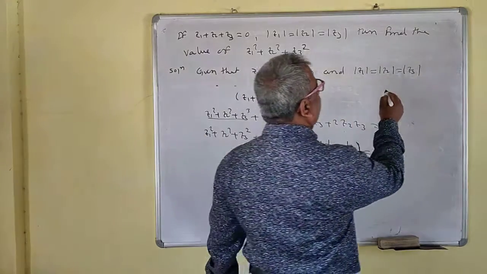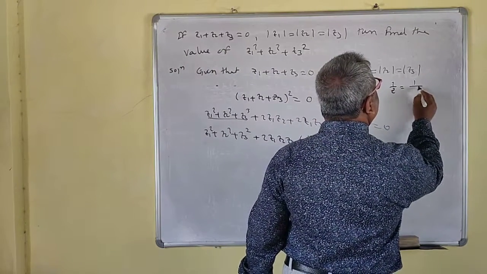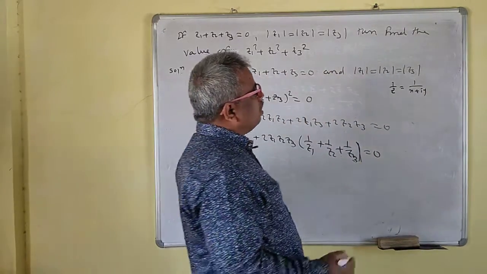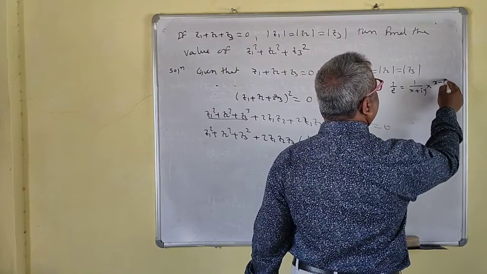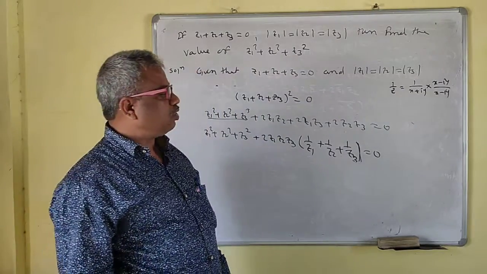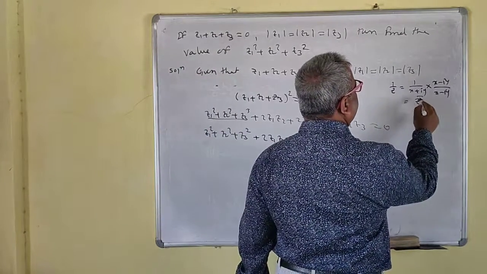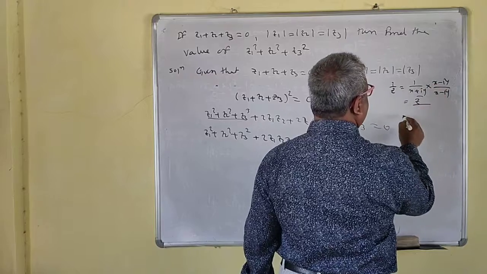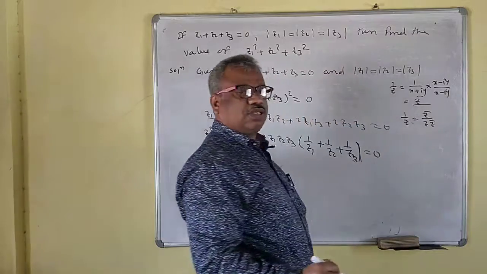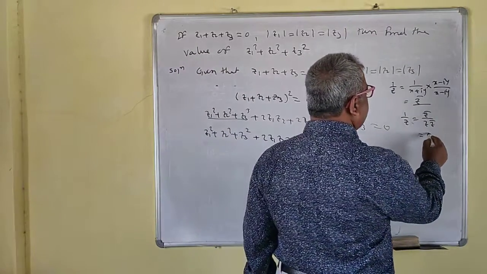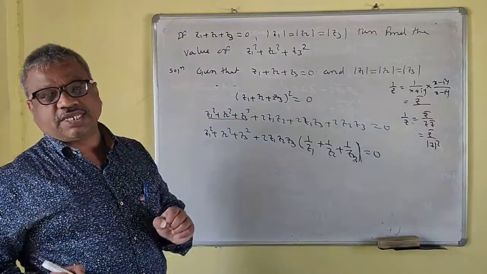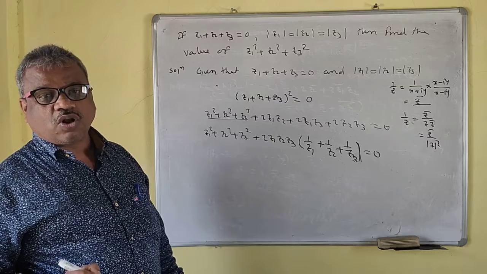Now see 1 upon z now. We'll find 1 upon z. Suppose 1 upon z is x plus iy. So you want to find the reciprocal of this one. So what happens? We'll multiply and divide by the complex conjugate of this one. So now this will be z bar. And okay, so 1 upon z is nothing but z bar upon z into z bar. So just we'll write in terms of this one. So this will be z bar upon mod z square. That means 1 upon z is nothing but z bar upon mod of z square.